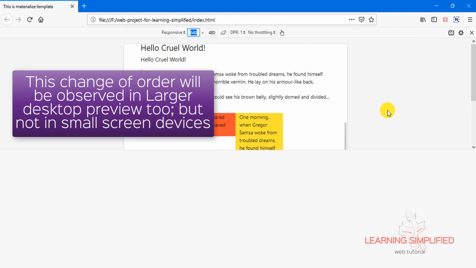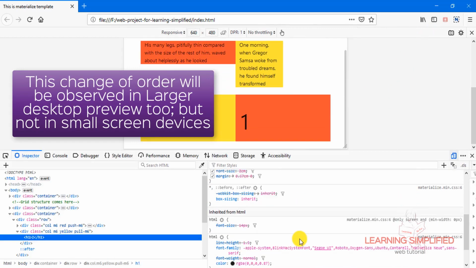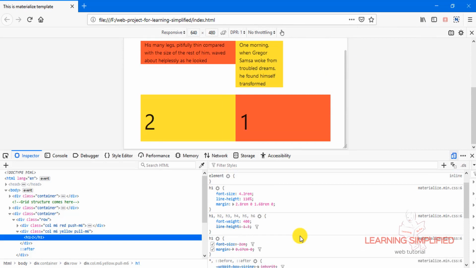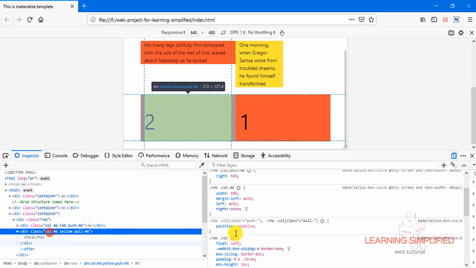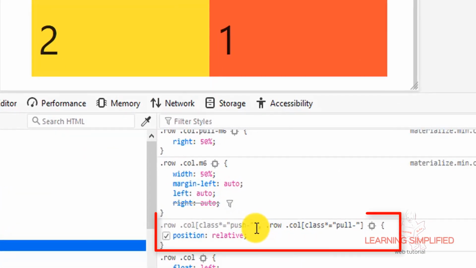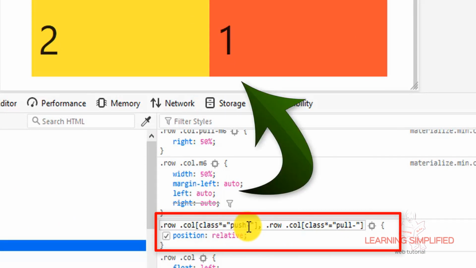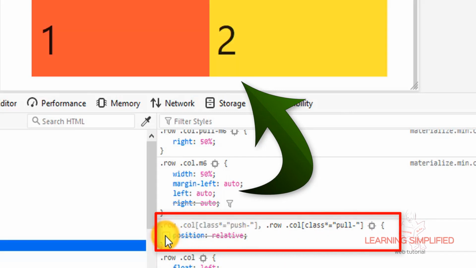Now if we press F12, we can see that everything is being assigned here. This H1, H2, col m6, row col m6. And here we can see that this col class push is being provided over here, and another class of pull is being provided over here, which says that the position is relative.